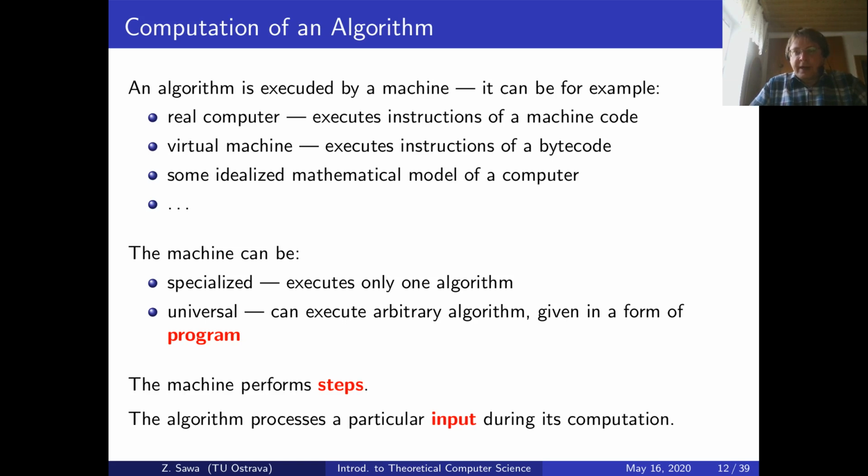Now I will try to describe what we mean by computation of an algorithm. Typically for algorithms we assume that they will be performed by some kind of machine, and what kind of machine this can be, it depends. It can be some real computer that executes instructions of machine code, or it can be some kind of virtual machine, like the Java virtual machine, or a virtual machine for Python, or for some other programming language, which can be viewed as some kind of